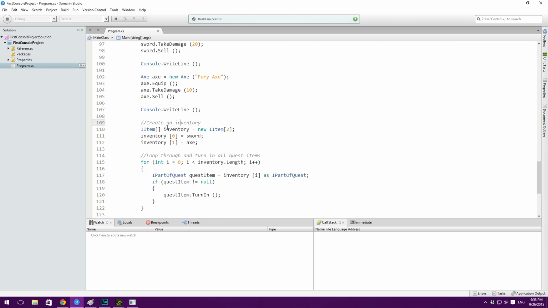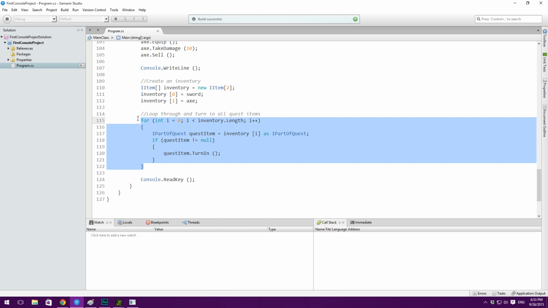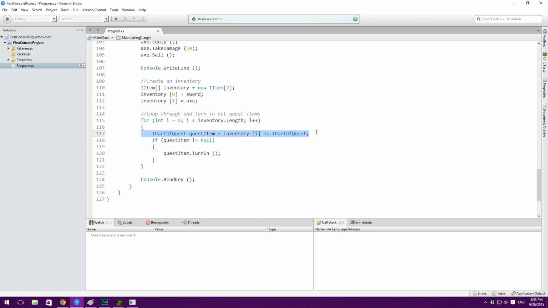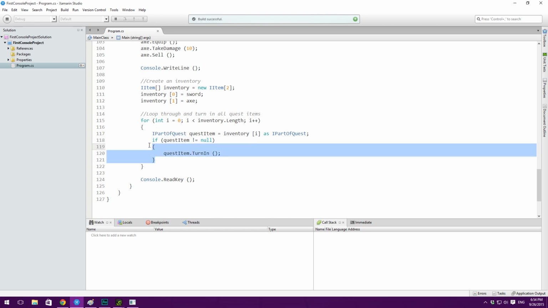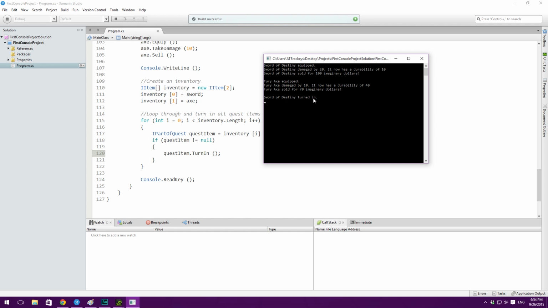And then we create an inventory array, which is basically an array of items. Then we fill in the two items that we have. Then we loop through it, and we try and force these items into a variable called quest item of type IPartOfQuest. And then we check if that succeeded. And if it did, meaning it wasn't equal to null, then we turn it in. And you can see here that it says Sword of Destiny turned in,